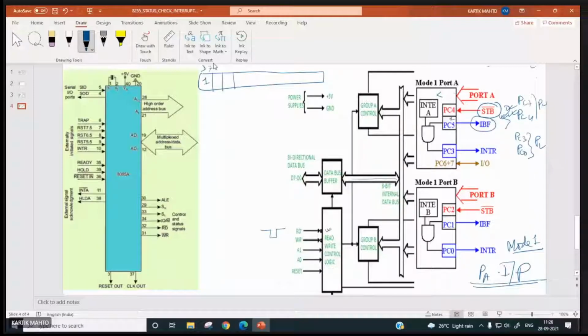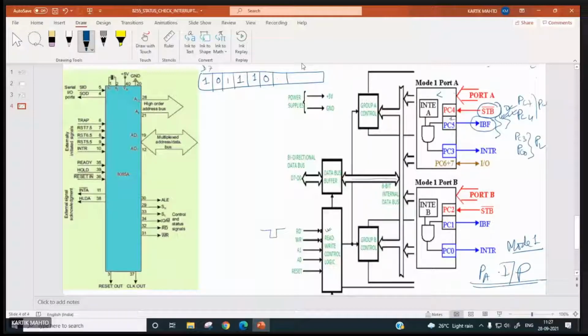PC upper you can make input. We are not interested in port B, so we can make it simple IO mode, with port B as output and PC lower also as output.